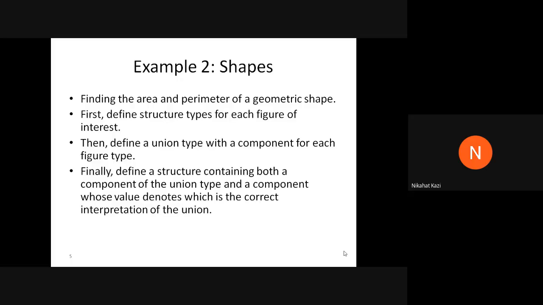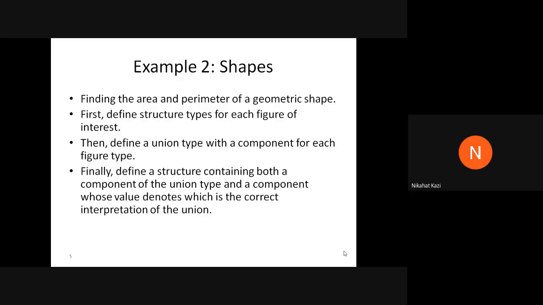These three functions have to be there, plus the fourth will be to print the figure, for which you can use the print function that we have seen. So understand the 4 functions: first is for getting the dimensions, second for computing the area, third for computing the perimeter, and fourth for printing the details of the figure.